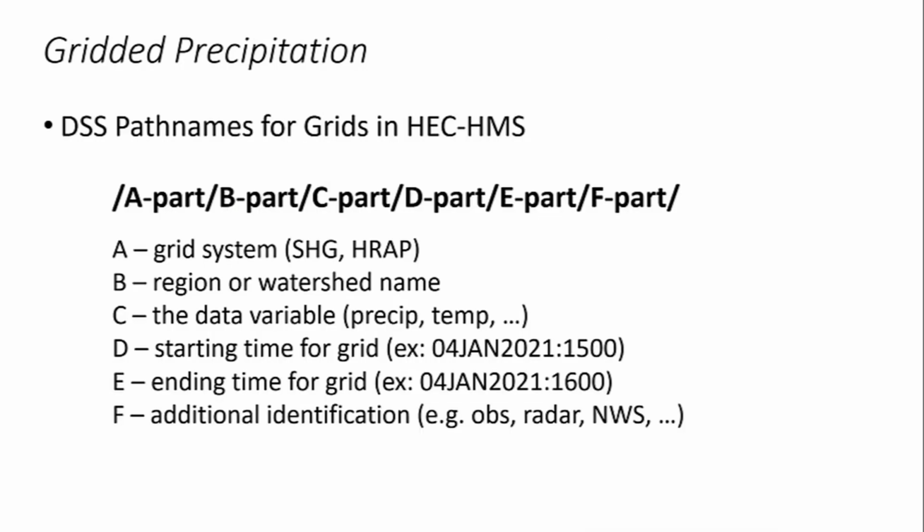When converting or creating gridded data sets, it's important to name the resulting DSS file so that it is clear where the data came from, the extent of the data, and most importantly, the data type and time. The recommended naming conventions for grid sets is shown here. It's important to note that HMS requires specific C-part names. HMS will not recognize the grid sets unless the C-part name is correct, which we'll discuss next.